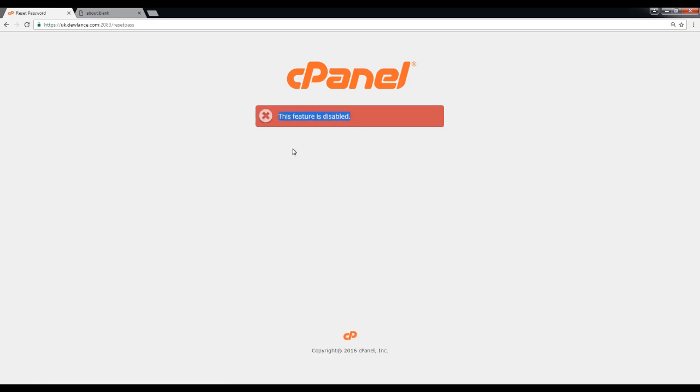In this case, you can reset your password from the web hosting client area. However, if it's impossible to reset your password from the client area, then you need to open a ticket with your hosting provider and they will reset your cPanel password.